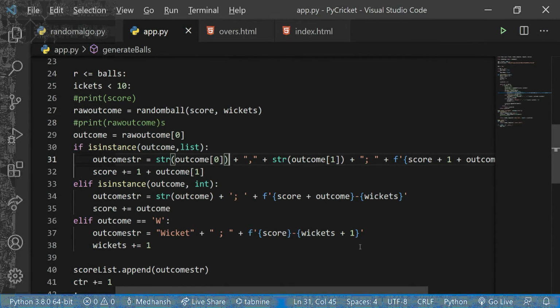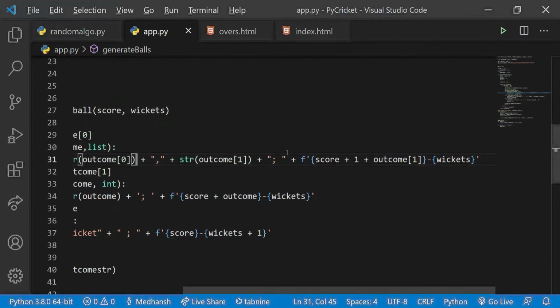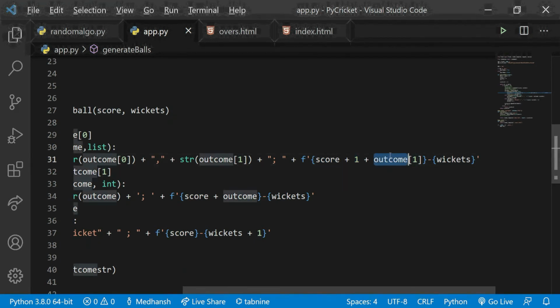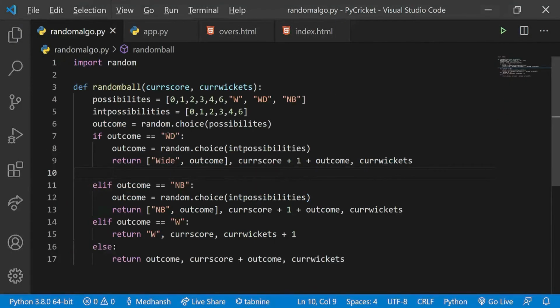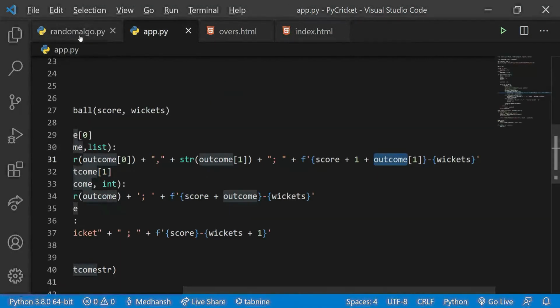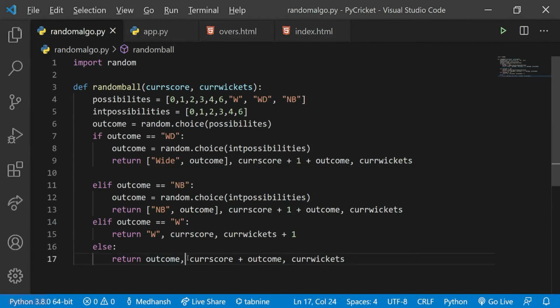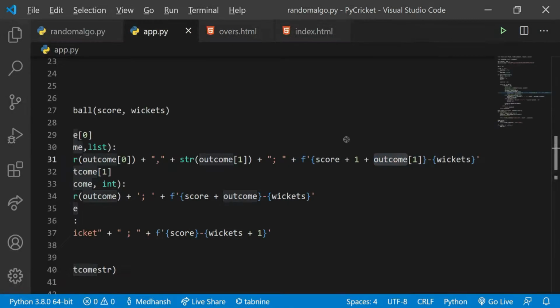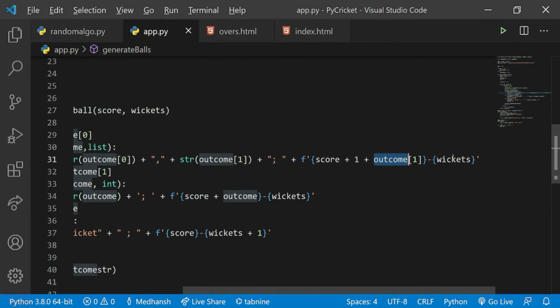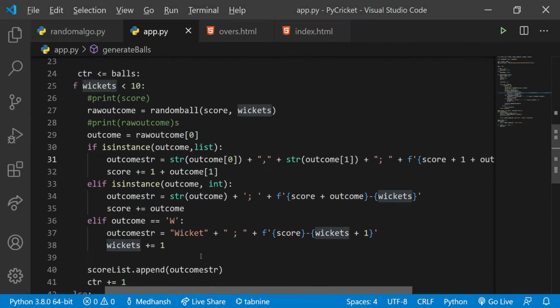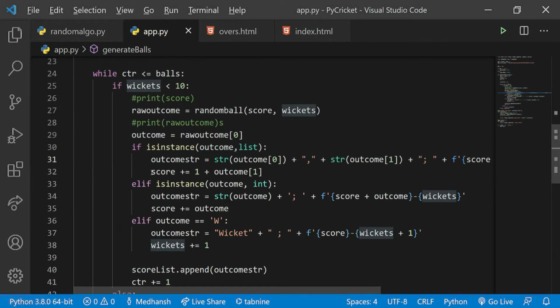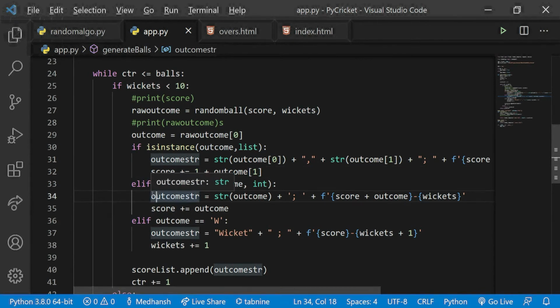Then I put a semicolon and a space. Then I put the current score, which is the current score plus 1 plus what the outcome is. In this case it would be the modified score. And this would be the wickets. So that takes care of wide and no ball, and then I append the values to the score, that is wide and no ball.